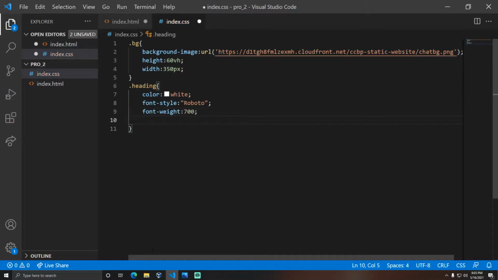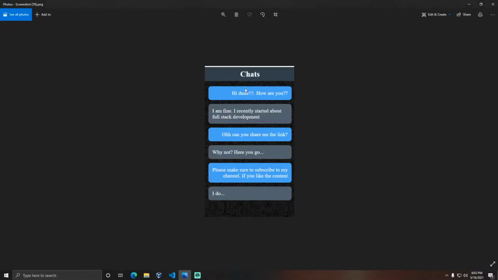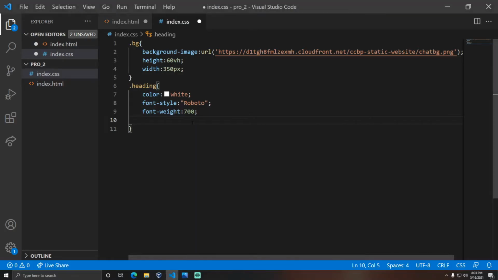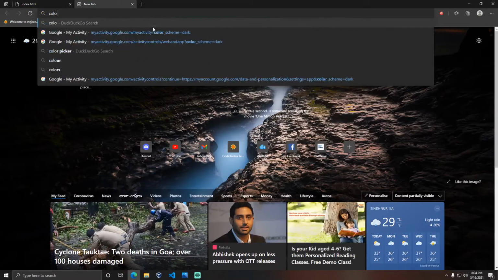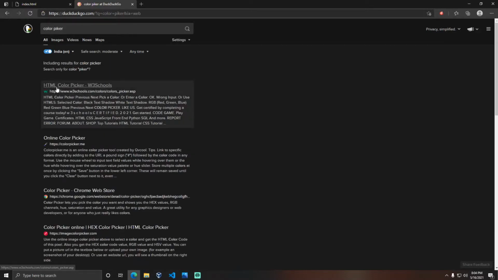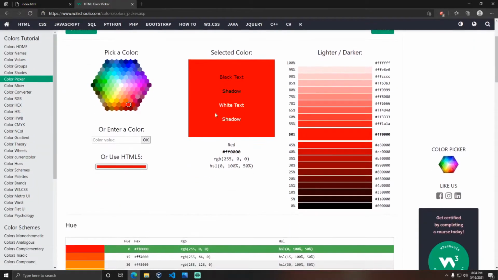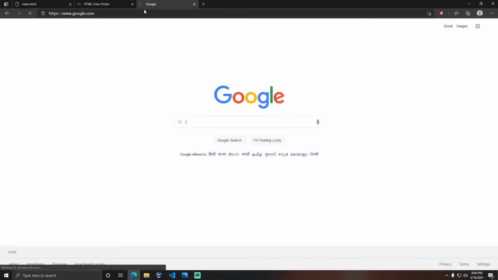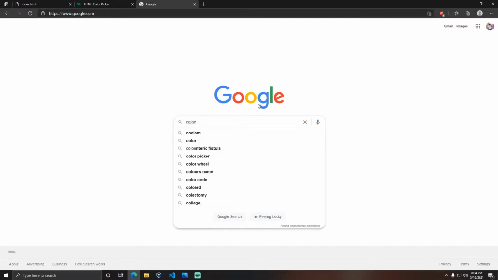And you can see that our header has some background color. So let me take that; you can use colorpicker.com. If you want to fill that with your customized color, you can come here, or you can Google it, like color picker.